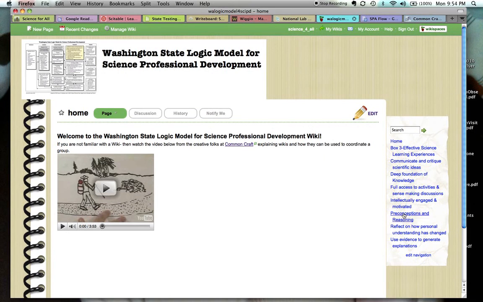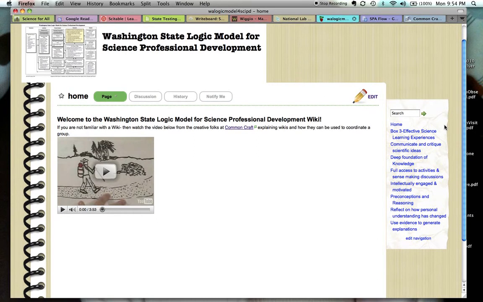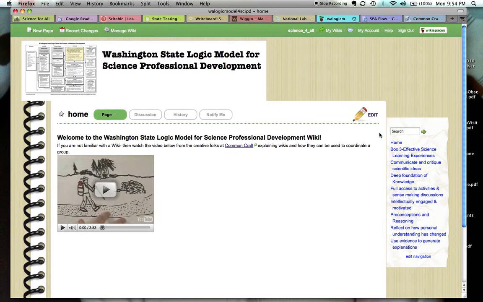On the right side are some useful things. There is a search tool so that you could search the wiki once we have it populated. And then there are pages built within the wiki, and I've set those pages up so that they match the box 3 of the logic model. So if you click on the one that says box 3 effective science learning experiences,